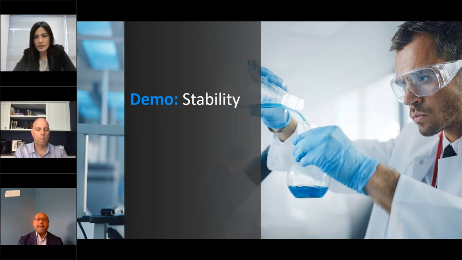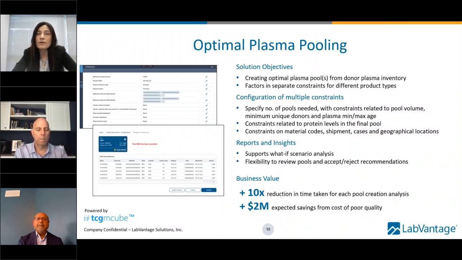raw materials? Sure. Let me do a deep dive on the plasma pooling solution, which can enable our labs that work with plasma-derived therapeutics to have an optimal blend of raw materials in the manufacturing lots. As you know, some of our colleagues are working on creating these plasma-derived products. It's one of our important departments. And one of the key steps in the manufacturing process is to create an optimal starting pool, the pool of plasma, factoring in various business considerations and scientific constraints for each of the product types that we are manufacturing.